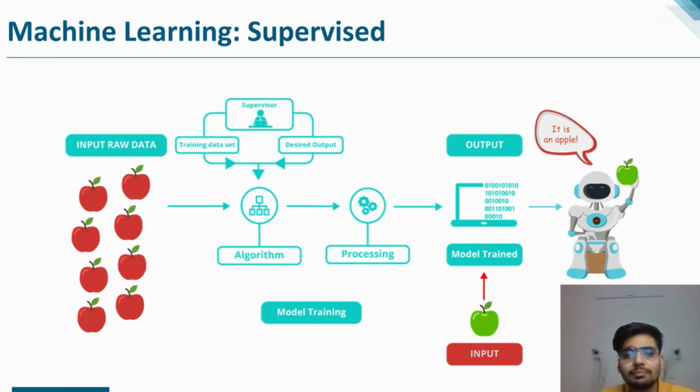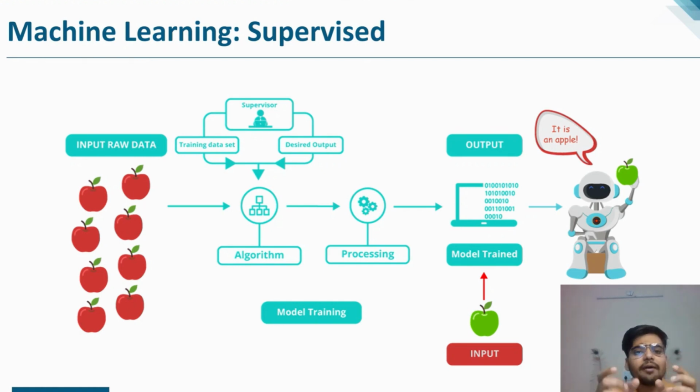So basically there is raw input data, and there is a supervisor. Why is it a supervisor? Because there is someone who supervises these things. We have a labeled data set,